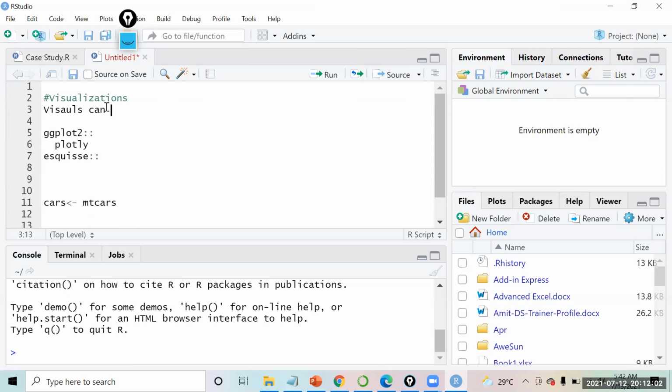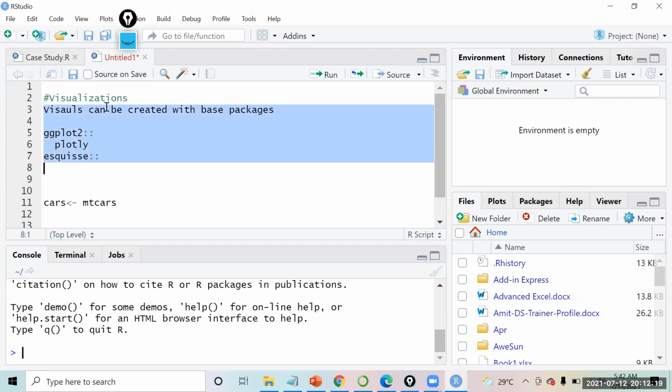Visuals can also be created with base packages. Base packages means you don't have to install any packages. Without even that, there are some visuals that we can create in R. So let us see how we can create them and explore them.